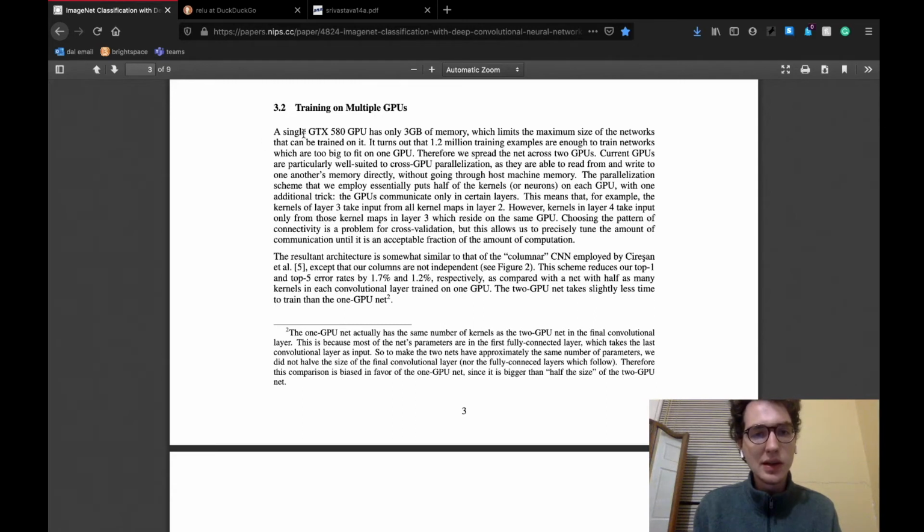As we can see here, they used a GTX 580 GPU, which only had 3 gigabytes of memory. This was a little while ago, and you can only imagine how today, as graphics cards become increasingly more powerful for a lower amount of money, so better for cheaper, we'll be able to get even more and more power out of them. For example, on my computer alone, I have an RX 570, which just shows that even as an individual, I'm able to have a more powerful GPU than that. So you can just imagine what some of these labs must be using.